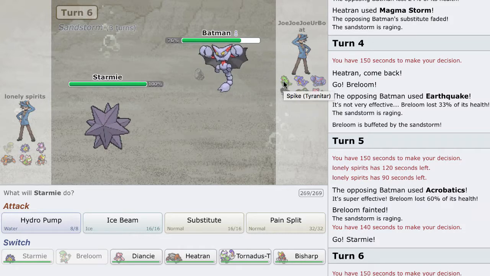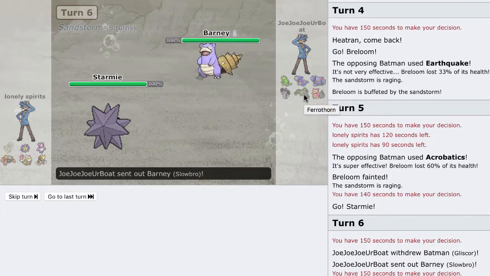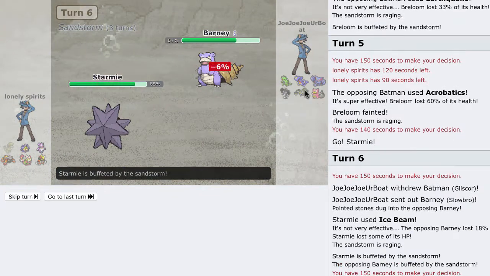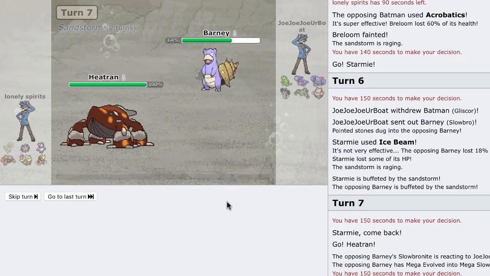I don't think Heatran would be good. I'm considering whether I should Hydro Pump or Ice Beam. Considering he has a Ferrothorn, I'm going to go for the Ice Beam. I feel like Analytic Ice Beam. Oh, he actually goes to Slowbro. I mean, Thunderbolt should be threatening him, so I don't know if he'd want to stay in. I'm actually going to go to Heatran regardless though to pressure him,